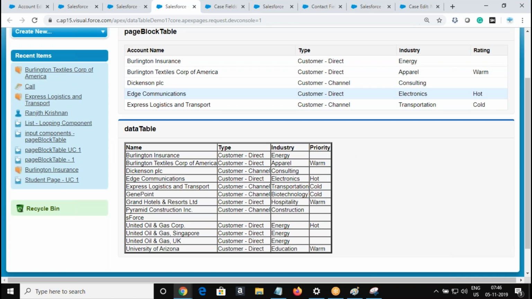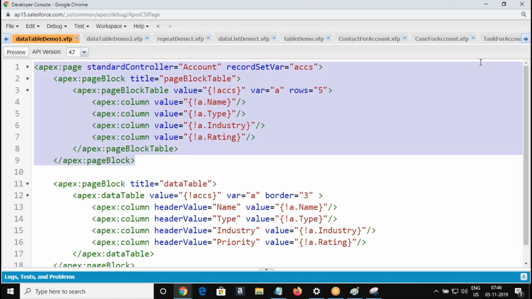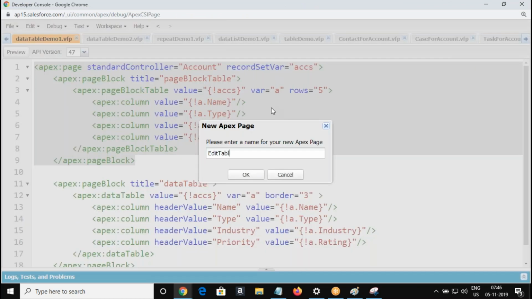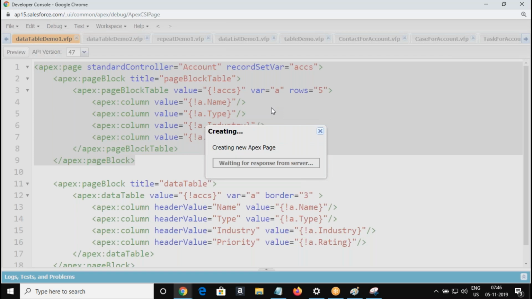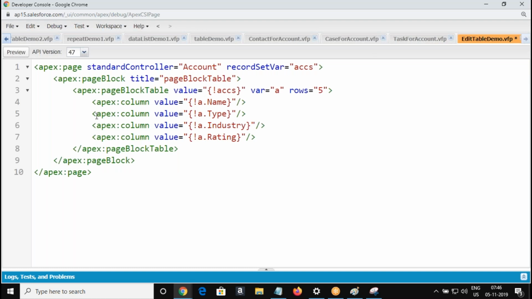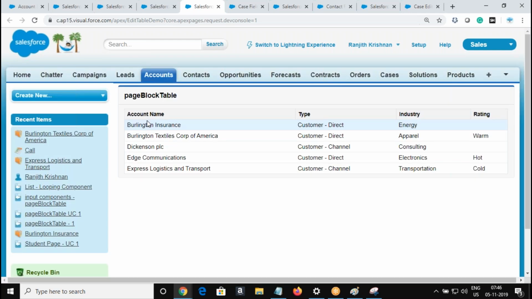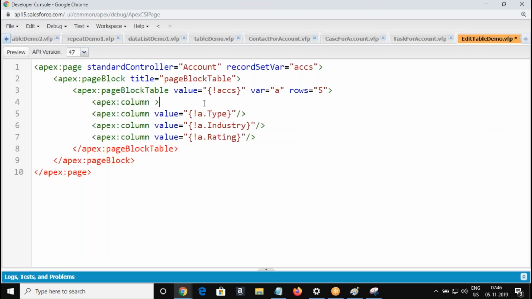Listen here. I'm just copying this into another page. This is basically going to display the data in read-only mode, right? I'm going to bring this in editable mode. So as a child to the column component, I'm going to include an input field.